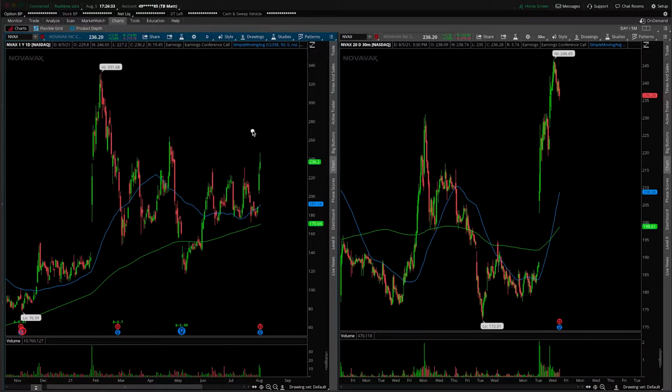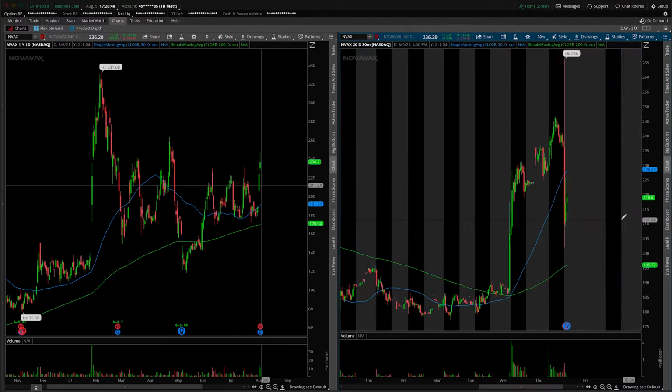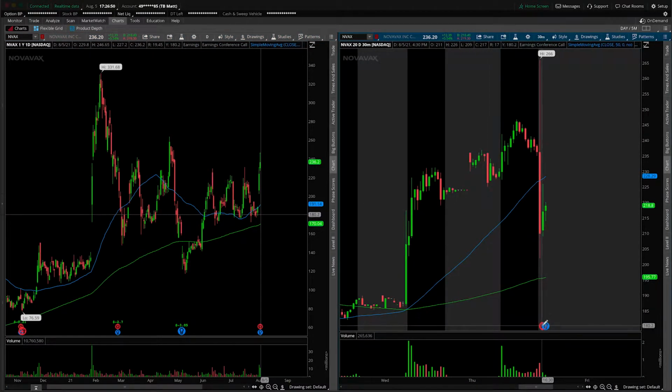On the left-hand side, we are looking at the daily time frame, and on the right-hand side, the 30-minute intraday time frame. Starting off, it wouldn't make sense if I did not mention the fact that earnings are after the bell on today's session or pre-market of tomorrow's session. So let's go ahead and flip on our extended hour session just to see what's going on in anticipation of the numbers. Numbers not officially released yet, at least in terms of Thinkorswim interpreting the data here,